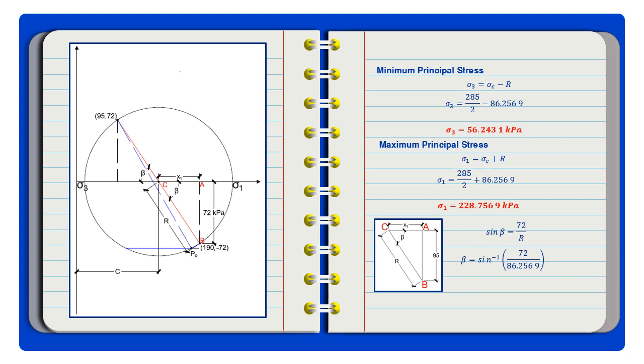So, we will have the inverse sine of 72 over 86.2569. Calculating the value of beta, we will have 56.5863 degrees. So, this beta will now be used as a reference para makuha natin yung ibang stresses na hinahanap